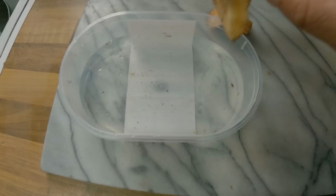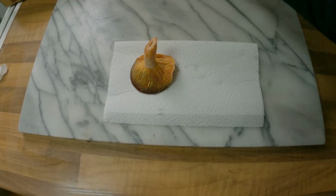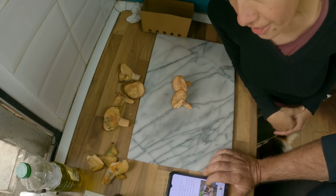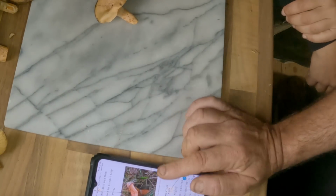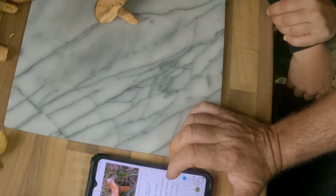Raw, these mushrooms taste generally pleasant, not spicy or extremely bitter. The smell is sweet and agreeable. Never eat a mushroom unless you're 100% sure of its identity. They grow with pine, which is where you found them. One that you can mistake it with is the false saffron milk cap, but it's also edible. It's not as highly regarded, but...